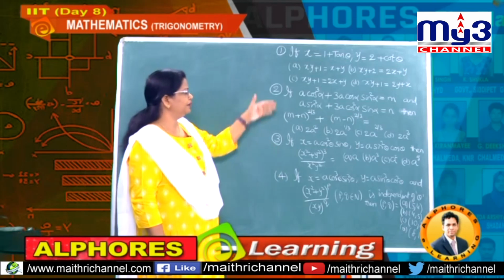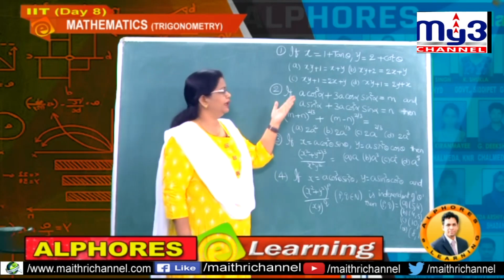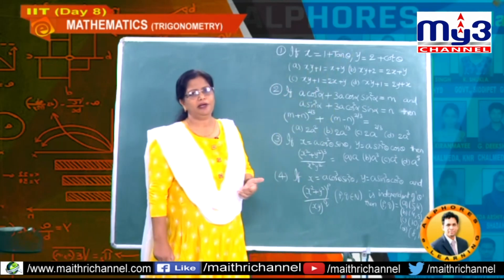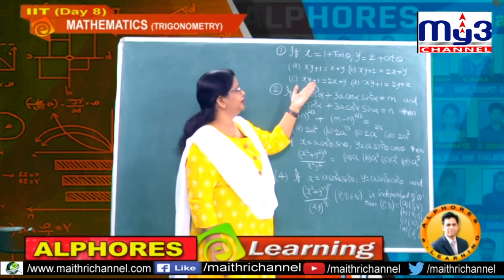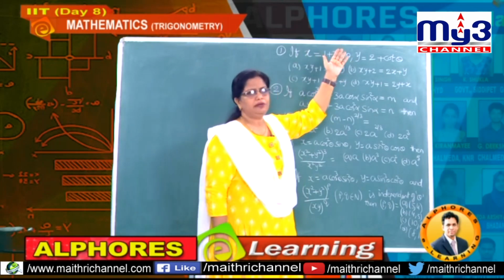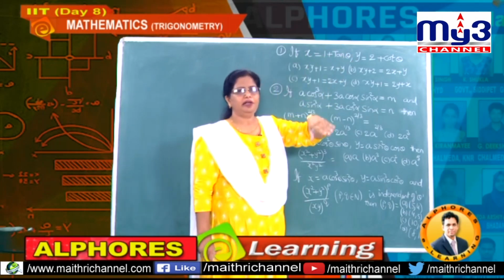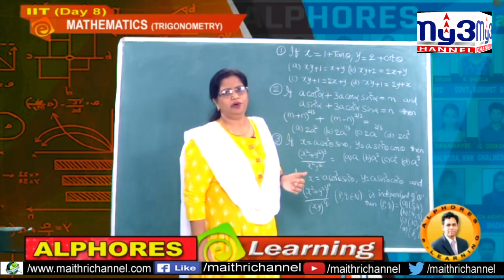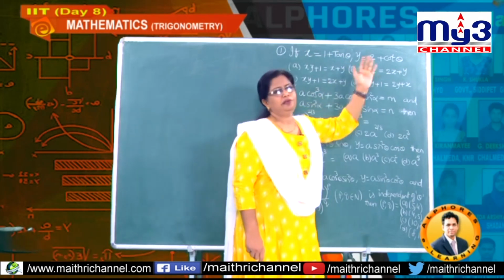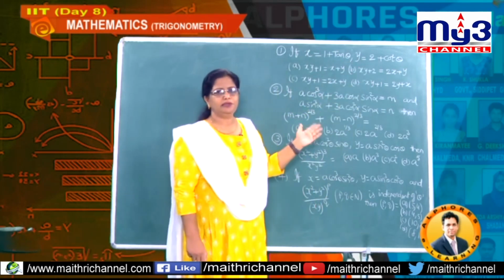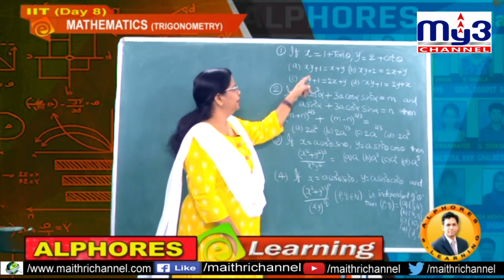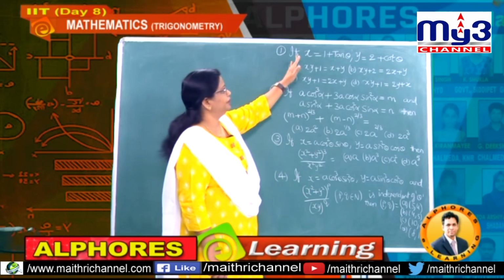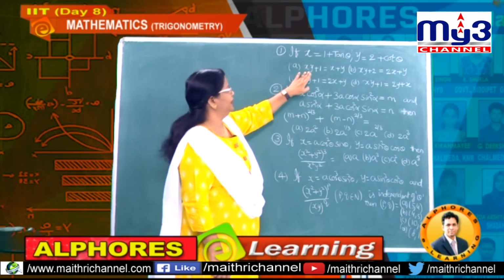The model here is elimination of parameter, and the parameter in this first problem is theta. The meaning of parameter or variable is that x and y values are given, and theta, you can substitute any value from the domain. For tan, the domain we observed is all real numbers except odd multiples of pi by 2. For cot, the domain is all real numbers except integral multiples of pi. Therefore, whatever theta you substitute from those domains, you have to eliminate theta,